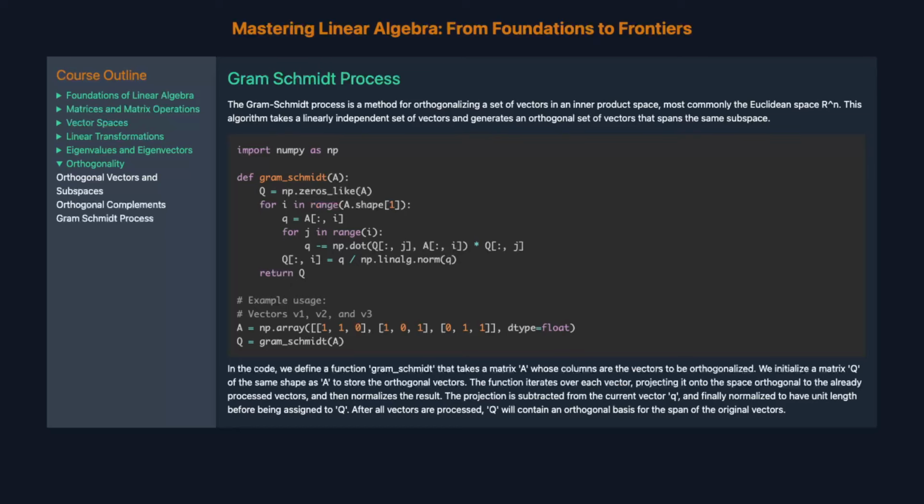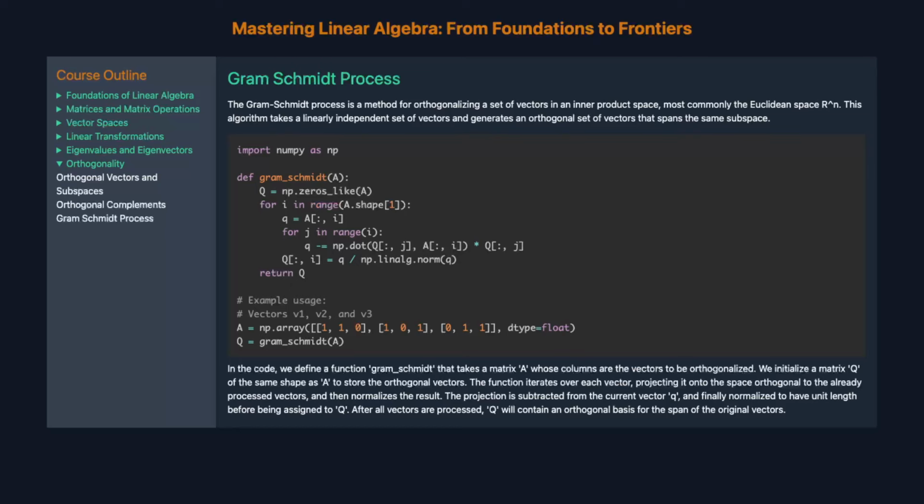This algorithm takes a linearly independent set of vectors and generates an orthogonal set of vectors that spans the same subspace. In the code, we define a function Gram-Schmidt that takes a matrix A whose columns are the vectors to be orthogonalized. We initialize a matrix Q of the same shape as A to store the orthogonal vectors. The function iterates over each vector,